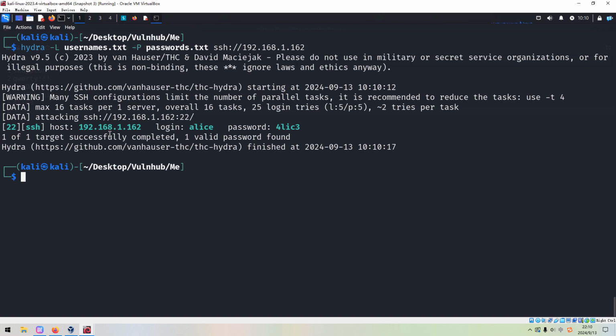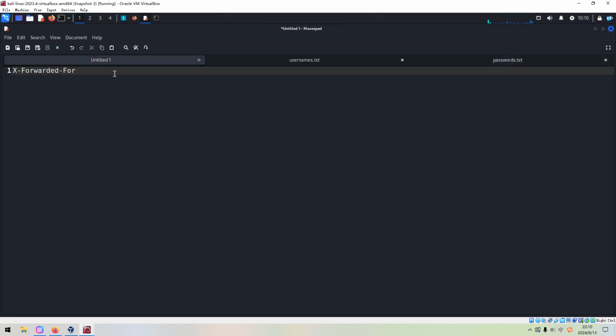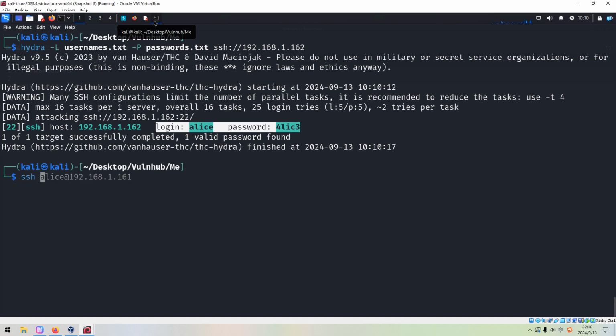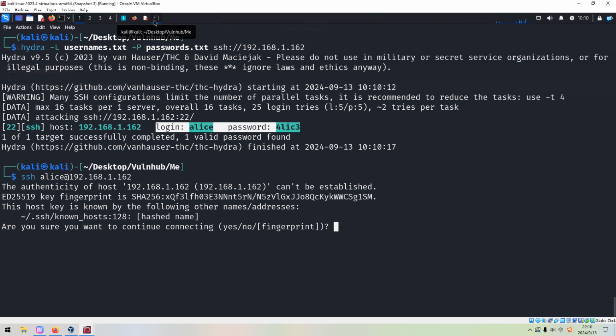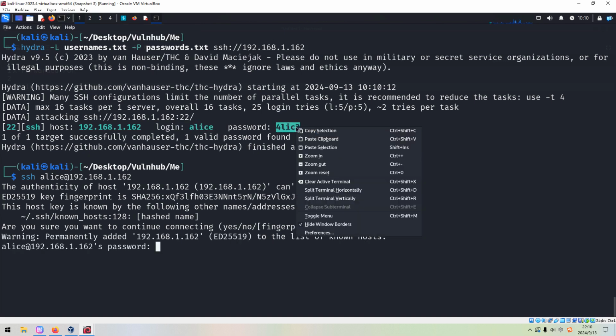Yeah, as you can see, we indeed find this credential. So then I think we can copy and paste it over here. Next, we can log in or SSH to the target, and we can copy the password.